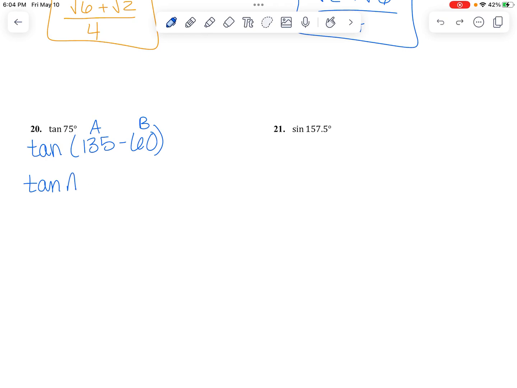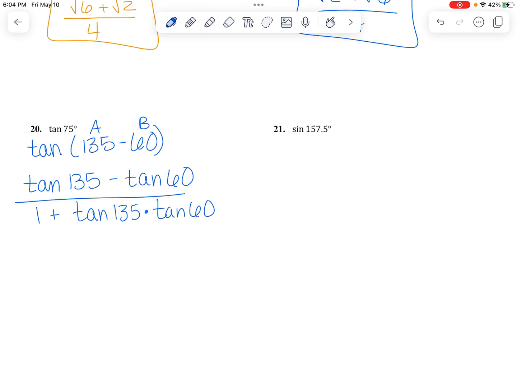Tangent of A minus tangent of B. Why did I write an A? Tangent of A is 135 minus tangent of B over 1 plus tangent of A times tangent of B. Tangent of 135 degrees is negative 1. Tangent of 60 degrees is square root of 3 over 1 plus negative 1 times square root of 3. So negative 1 minus the square root of 3 over 1 minus the square root of 3 is what I